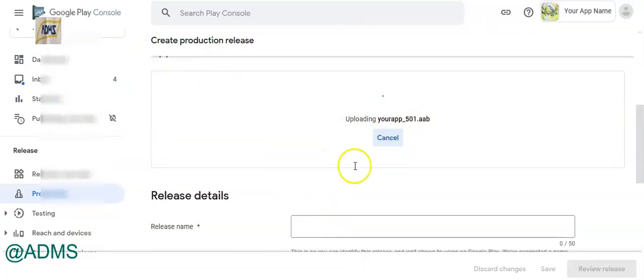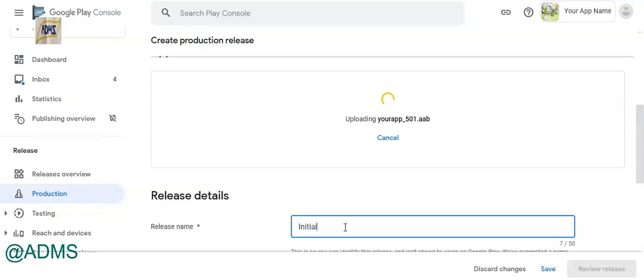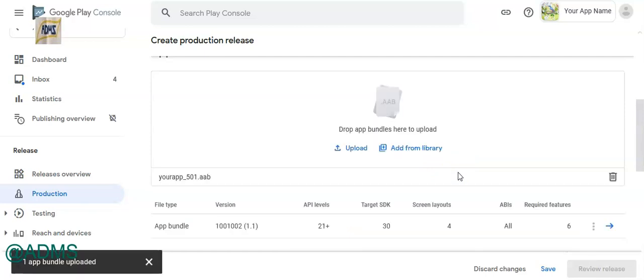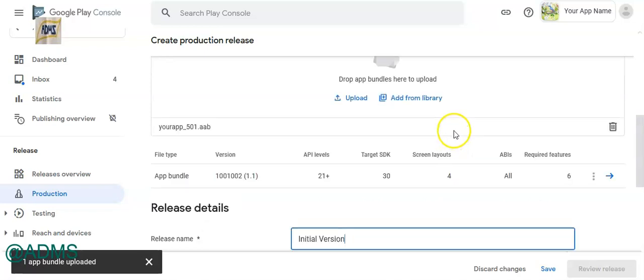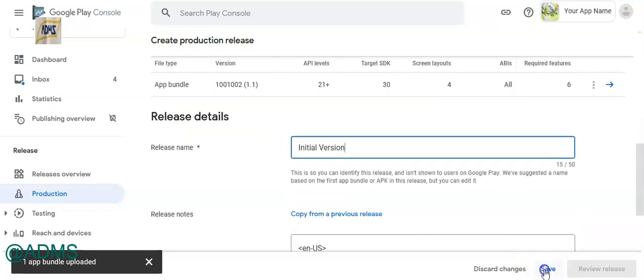Just wait for some time and it will be uploaded. And you have to give a name, you can give any name. As this is the initial version, I'm giving the name as initial version. Okay, so this is uploaded. Here click save.